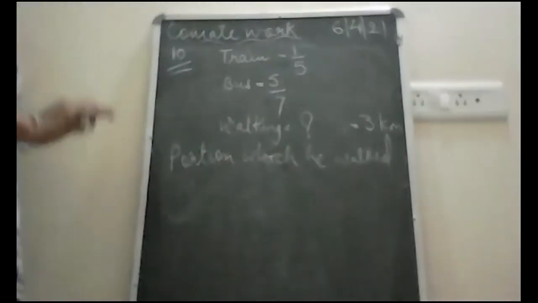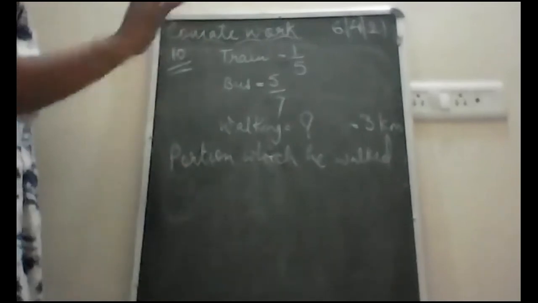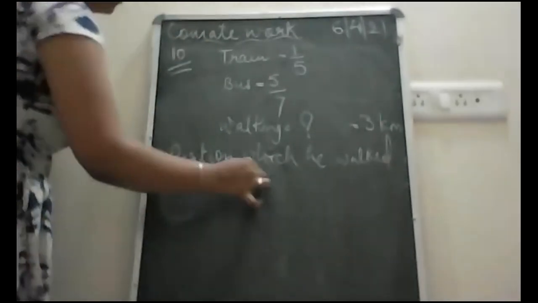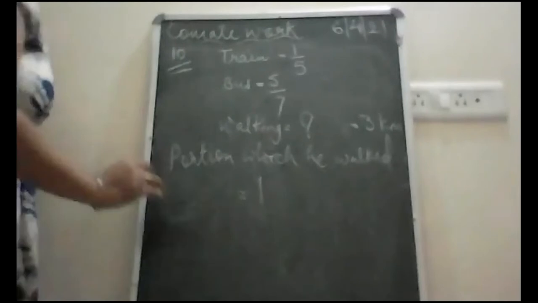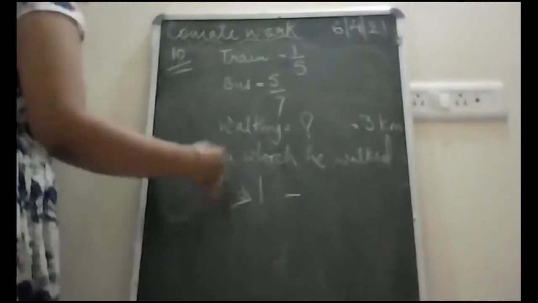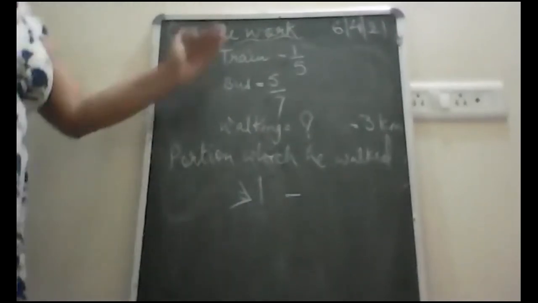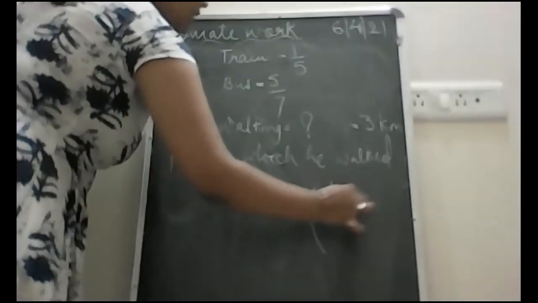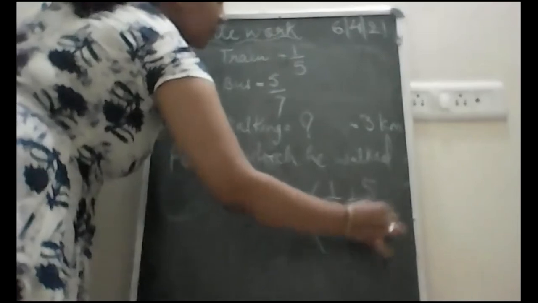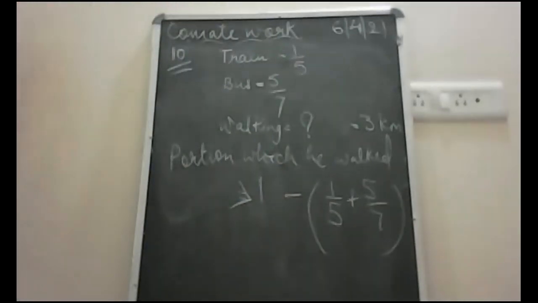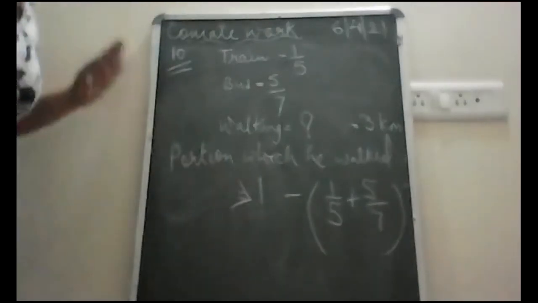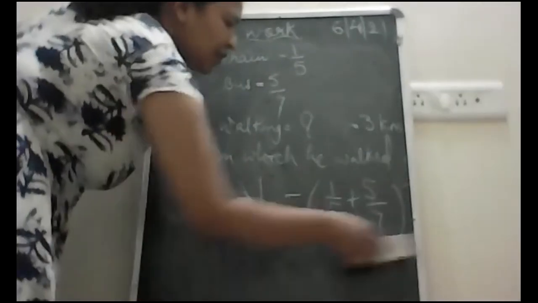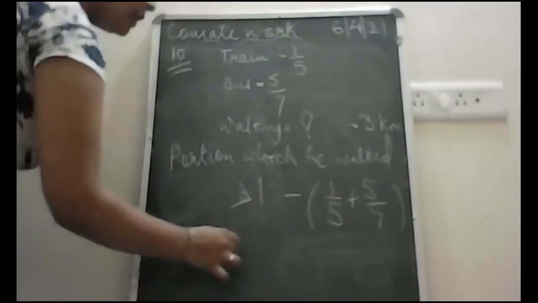ठीक है, जितना पोर्शन इसने वॉकिंग के थ्रू डिस्टेंस कवर किया दैट वी आर टेकिंग. सो वन होल एज वी आर टेकिंग इट वन होल माइनस, बिकॉज वी आर डूइंग इट माइनस, बिकॉज कितना टोटल में से लिया गया है. दिस इज बाय ट्रेन एंड दिस इज बाय बस. ठीक है, वी विल सॉल्व लाइक दिस and we will solve like this and then you will get the portion of over here. ठीक है, let us see what is the portion coming.